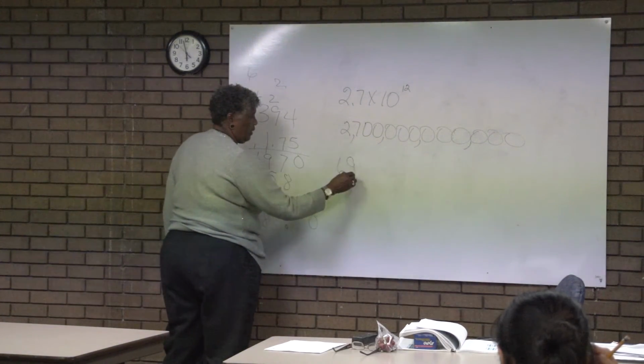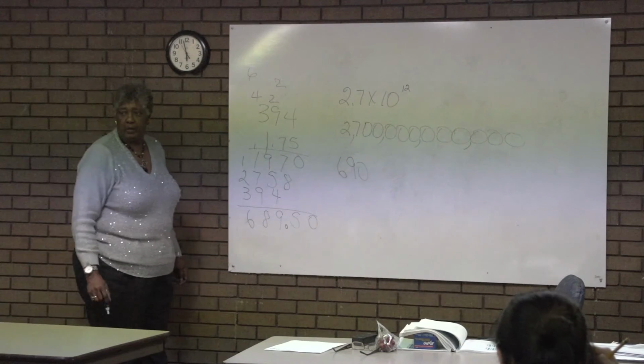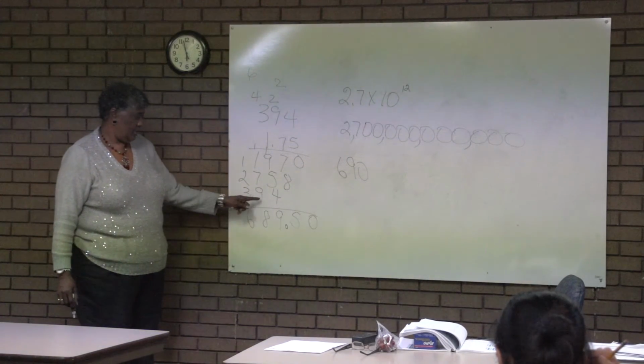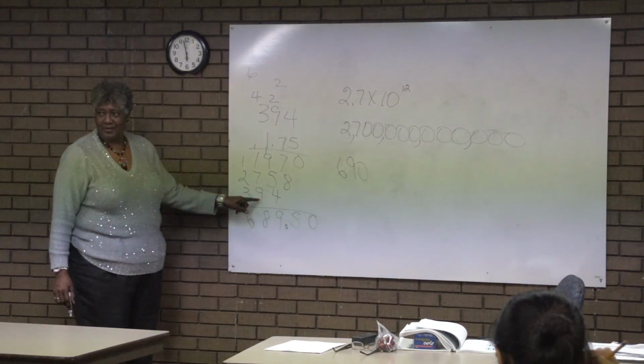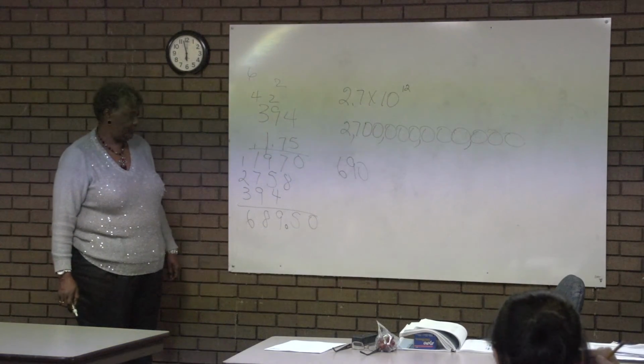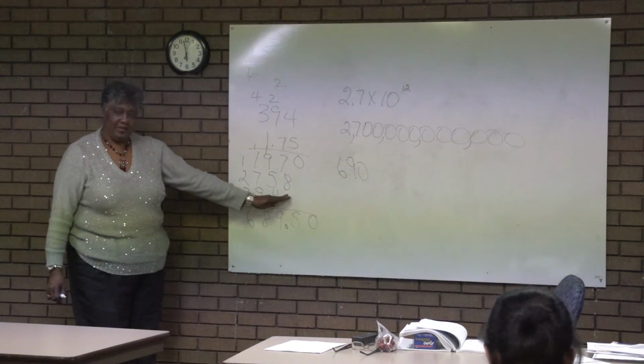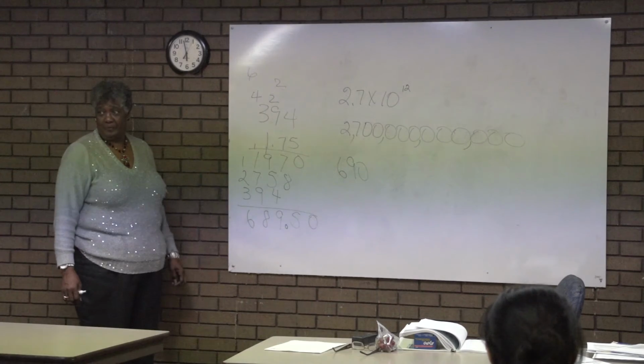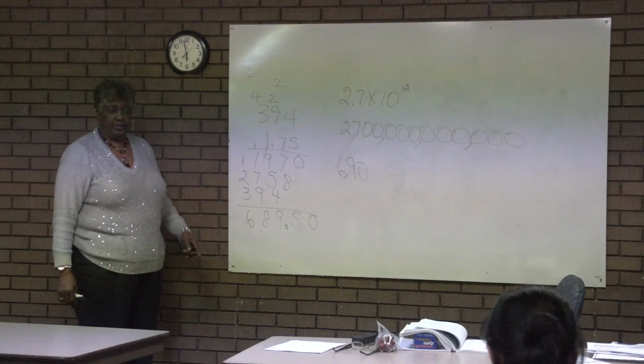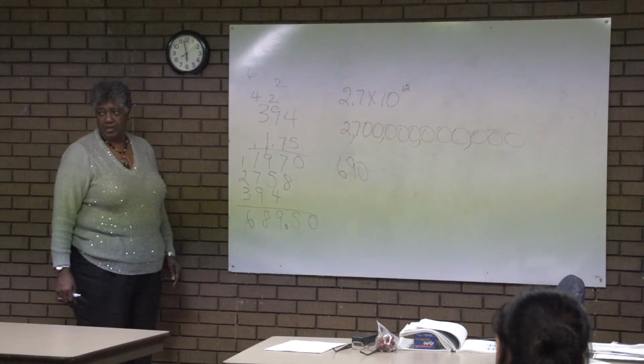Where did people go wrong? I placed my last one, the last 3, under the 7, wrong. Under the 4, I wrongly placed it under the 8. Oh, you started there. Yeah. And that can happen. Now, the good thing about it is that for those, they told you could use a calculator,